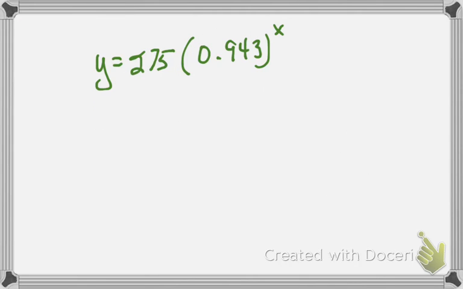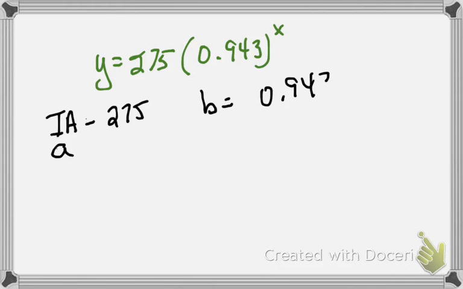So look at this one. My initial amount, I'm just going to put A for initial amount, is 275. Now again, we have our B, and it's 0.943. Now with our B you have to watch this: it's less than 1, so that means they've taken the rate, that's the r, and subtracted 1 from it. And when they did, they got